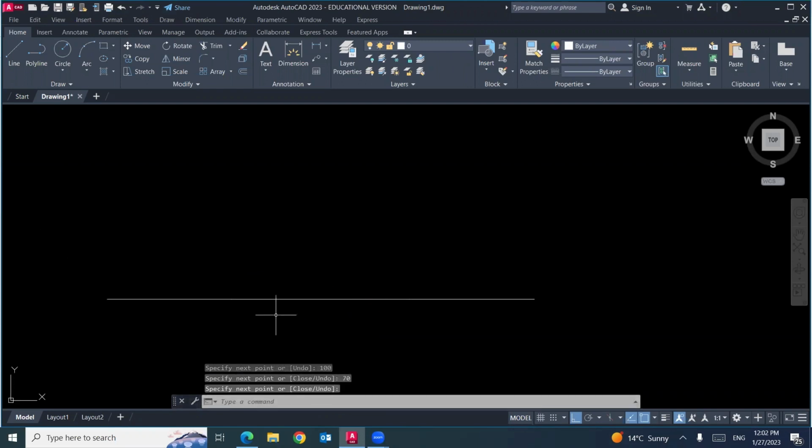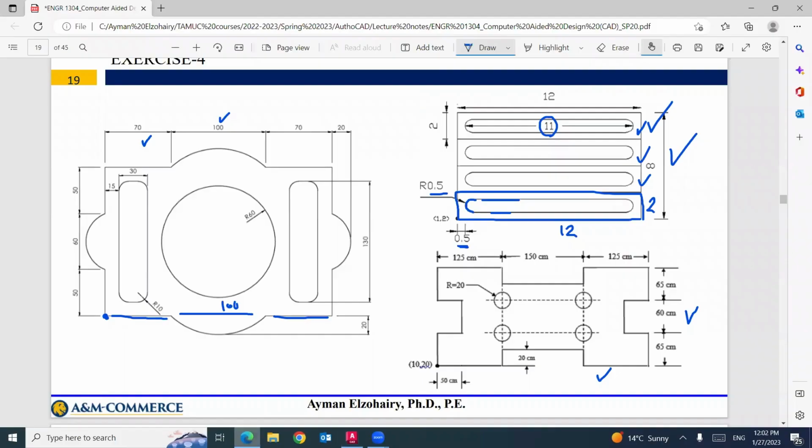Why you did not draw it as one line with a total length equal to 140, for example? You will see. Then this curve can be from a start, center, which is the midpoint of the 100 and end.